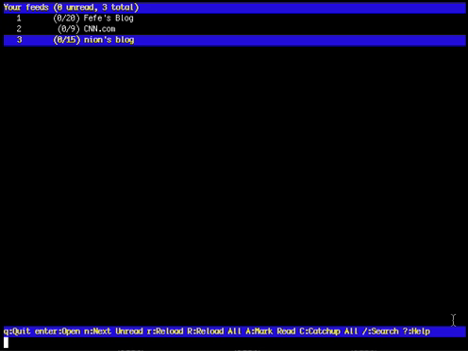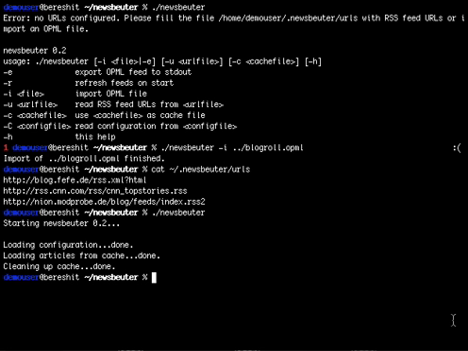Another important feature are tags. It's a way of categorizing several different feeds by attaching single words to them. You do this in the URLs configuration file,